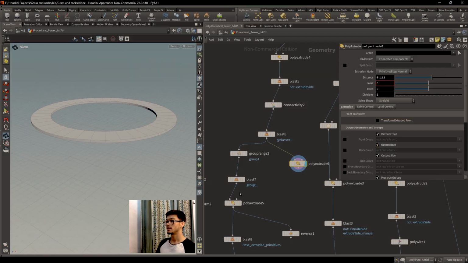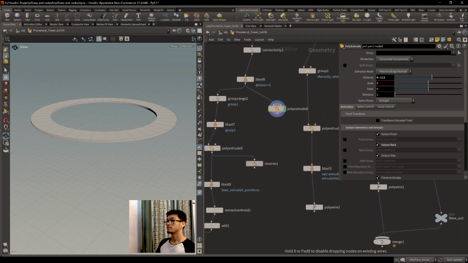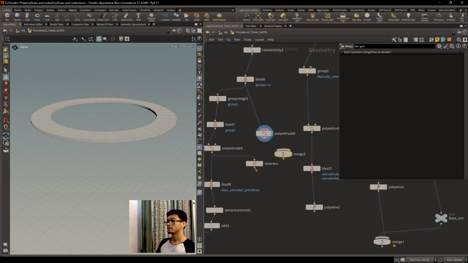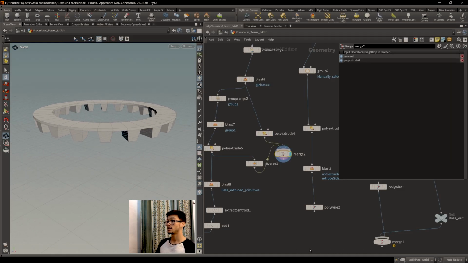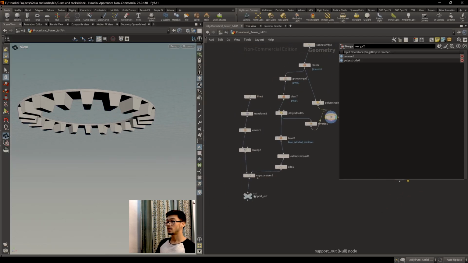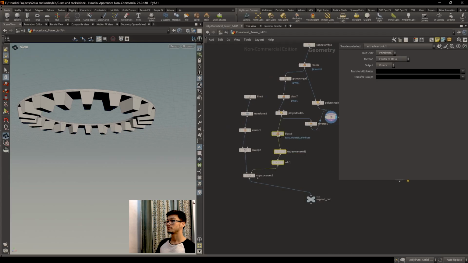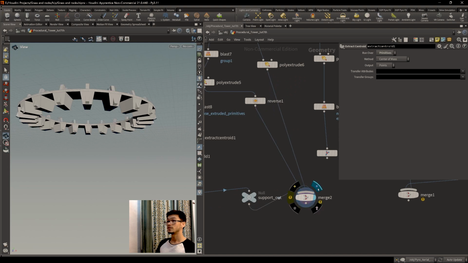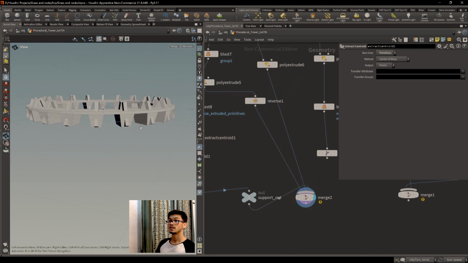Now we have this, and when we merge these two, we have something like this. This would be our base, and our support will connect to these points. Where is our support? You can merge your support here, so when you see something like this, but